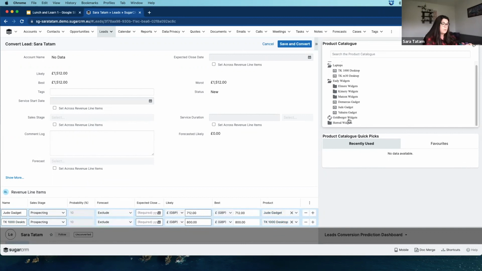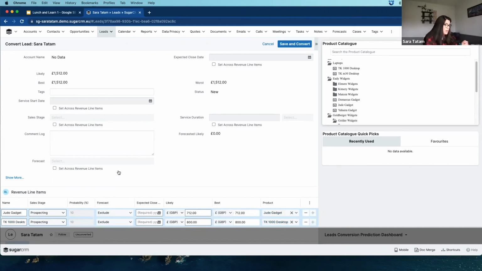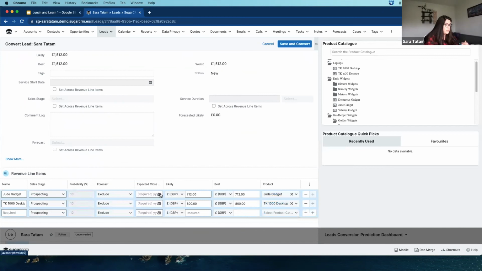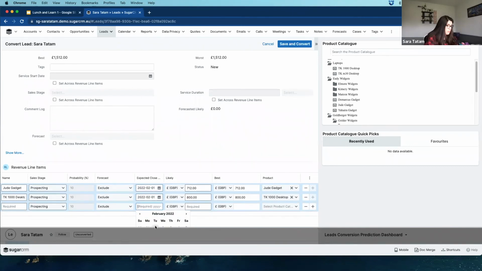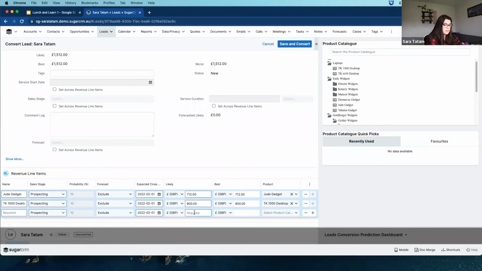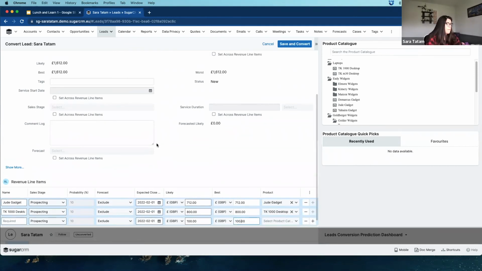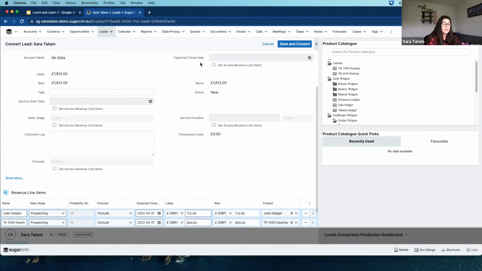Okay, perfect. Let's add one more. There we go. We've obviously got our sales stage. I do need to put an expected close date in here. That bit hasn't changed. Perfect. Required. There's obviously not an amount on that product in the product catalog. Fine. I can choose to set my expected close dates now from the opportunity and automatically cascade it through the